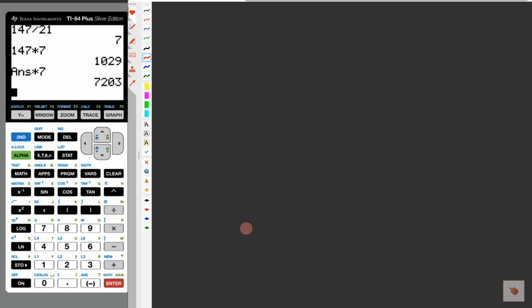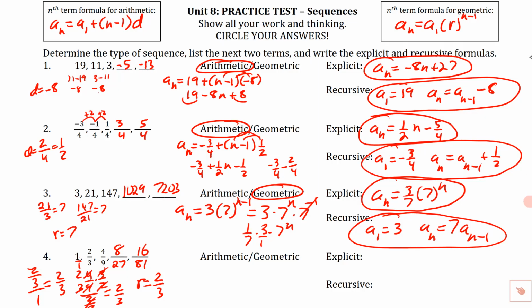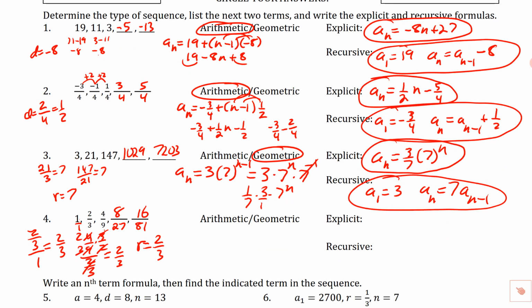So now we need to figure out an explicit formula for that one. So I'm going to make this one bigger for the time being. If we have to come back, we'll do that. So let me slide down here. And let's see what we've got here. So this would be a sub n equals, first term is 1, and then we're taking the common ratio of 2/3 and we're raising that to the n minus 1, and then we do some simplification. So the 1 is not going to matter at all, so I'm not going to write that again. I'm just going to write 2/3 raised to the n, and then I'm going to write 2/3 raised to the